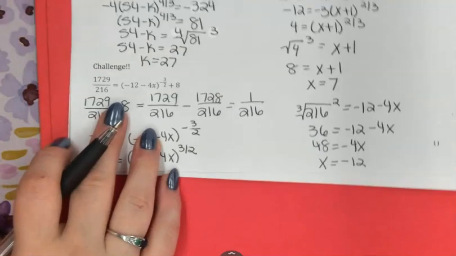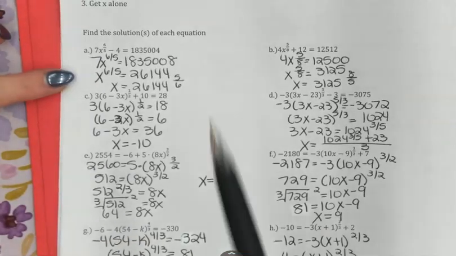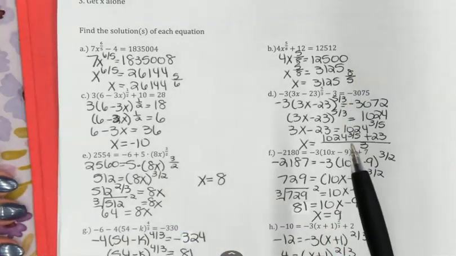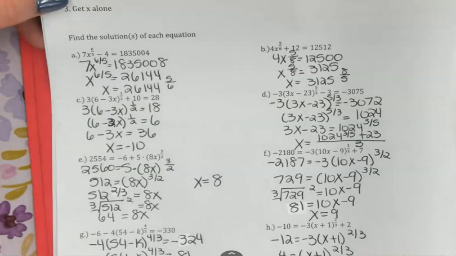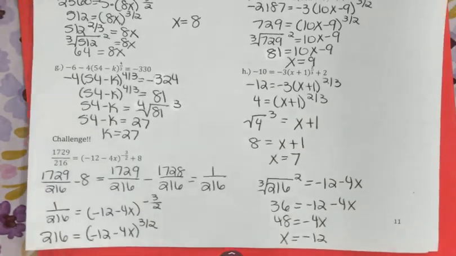So again, if you had a calculator, these ones like A, B, D, you could take further to find the numerical answer, but for the sake of not using a calculator, you're going to leave them in that